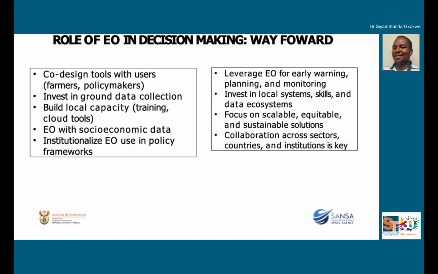And then we also need to leverage this for early warning systems. Currently, we are building decision support tools that would allow us to provide early warning systems for different environmental, climatic, and food security challenges that we are having in the country. And now we have some of them that are in the phases of being complete, not necessarily complete, but being up there and being consumed by the public. But we are still trying to get more people involved, to bring their data and expertise so that we can improve it further. Thank you so much.